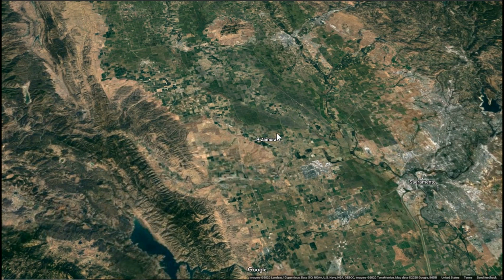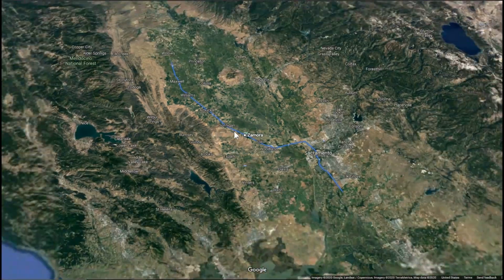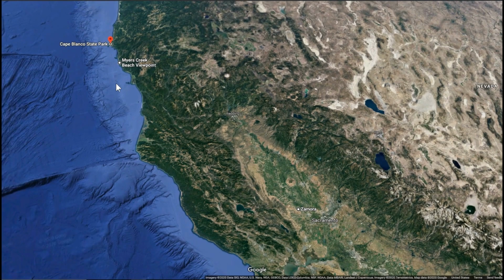There weren't many places to overnight. The truck stops were jammed. A lot of the RV parks were jammed. So behind a gas station, there was a very small truck parking area. We just overnighted there and got up in the morning and continued on, crossing over onto the coast and